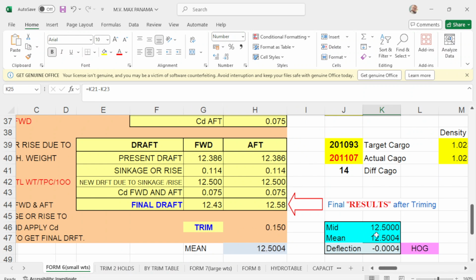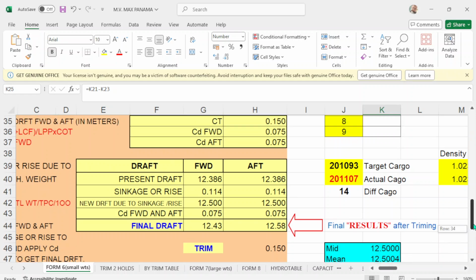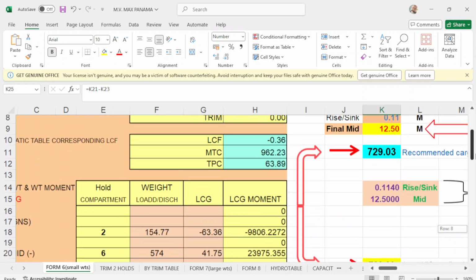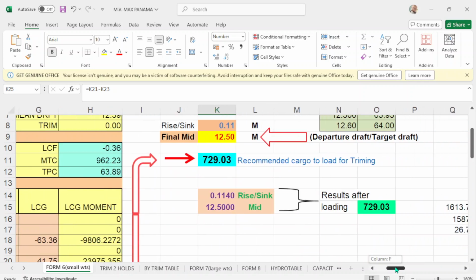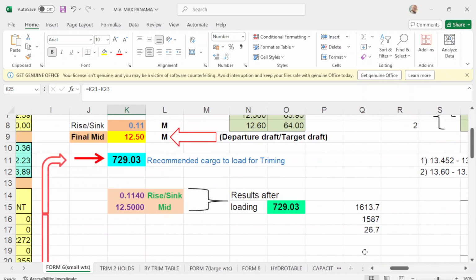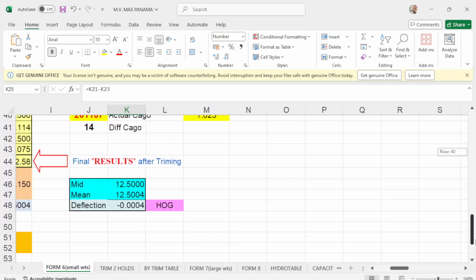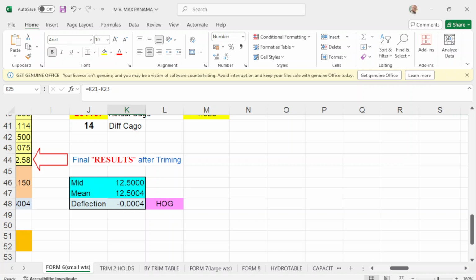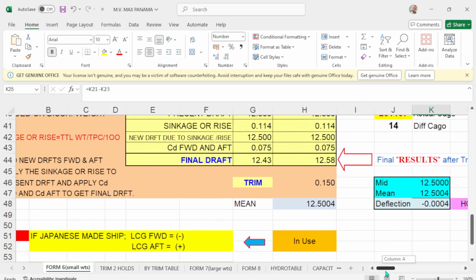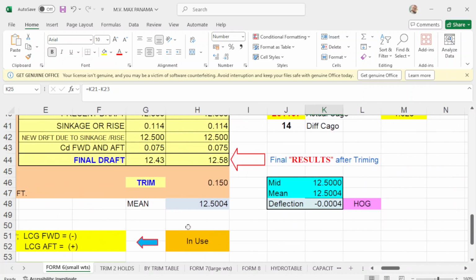Your mid is 12.5, which is this one. Because when you load this one, this will be your mid, 12.5. Okay. And your main, which is this one, is 12.5. So you have a zero deflection.